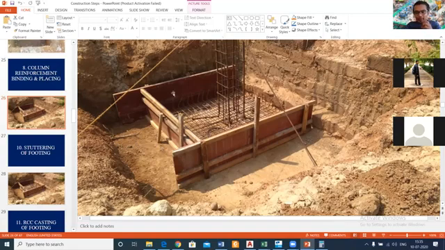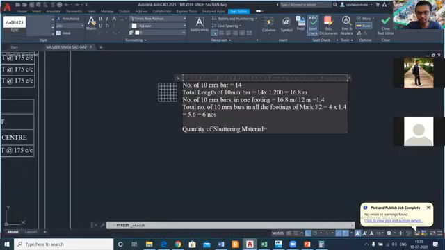So for two sides of the footing, you have to take 75 mm extra, and the others we can just calculate. The quantity of shuttering material used for two sides will be the same, in square meters. I told you 1050 is the length.